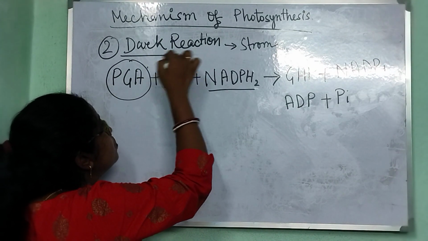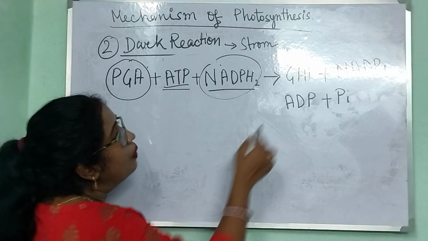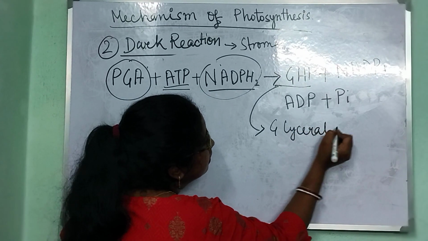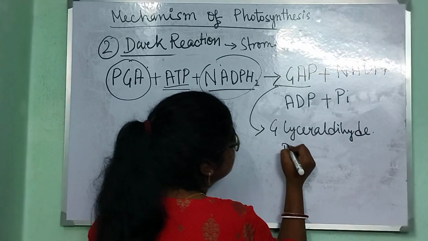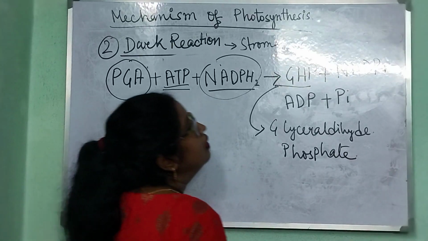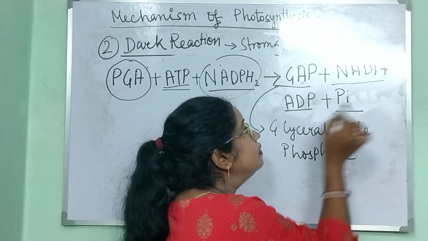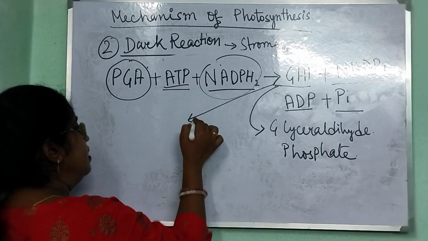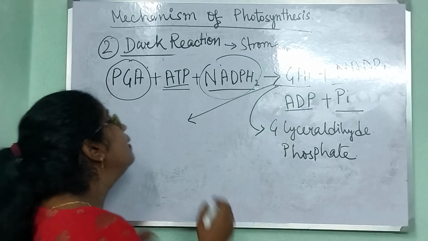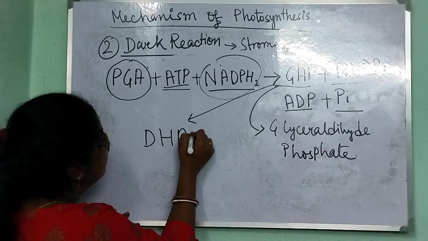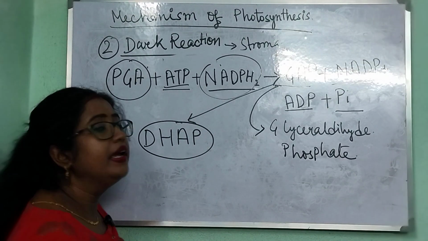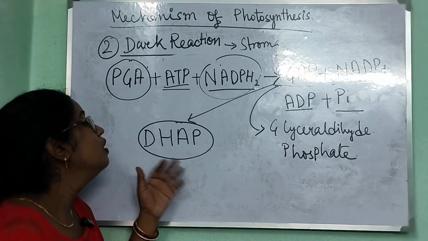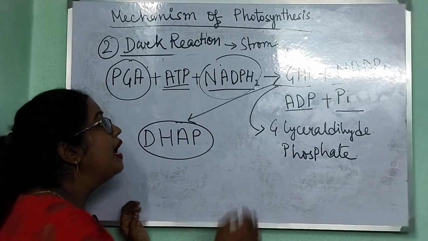So PGA is reduced by NADPH2 with the help of ATP to form one molecule of GAP, meaning glyceraldehyde phosphate, and NADP, ADP and inorganic phosphate are again produced in this reaction. Some part of GAP, not all the parts, forms DHAP, or dihydroxyacetone phosphate. Some part of GAP or glyceraldehyde phosphate produces DHAP, or dihydroxyacetone phosphate,